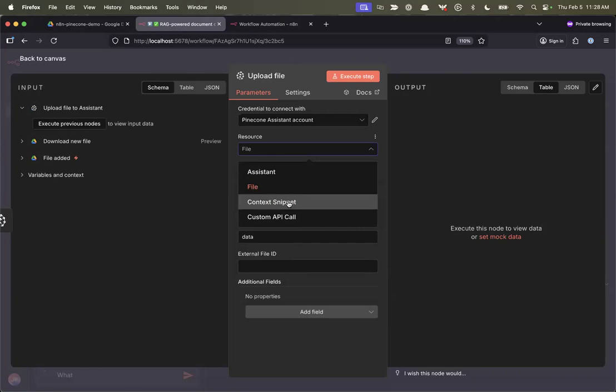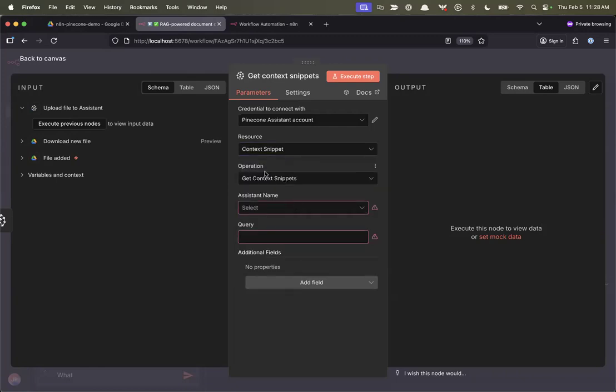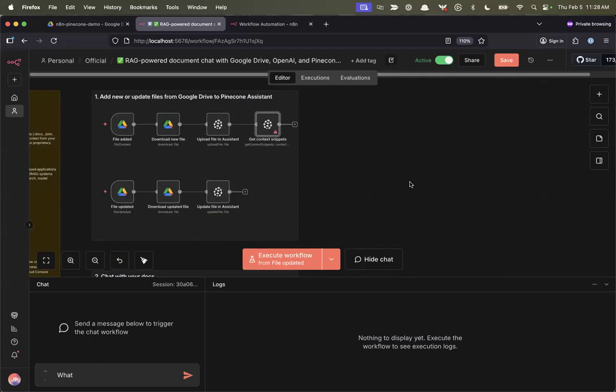The other main thing that we're going to see in this tool call is actually this context snippet. We can actually get context snippets. And if you think back to our conversation about chunking your data into smaller pieces of data, that's what a snippet is. We've automatically chunked it for you, and we call those context snippets. So here, the resources context snippet, and we get the context snippets. I'll show this in the tool here in a second.